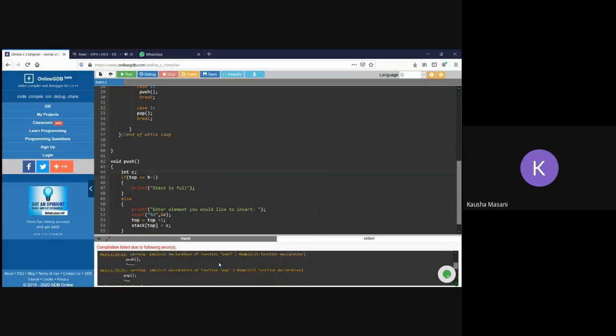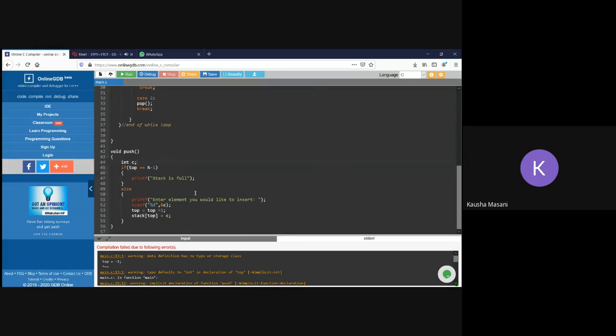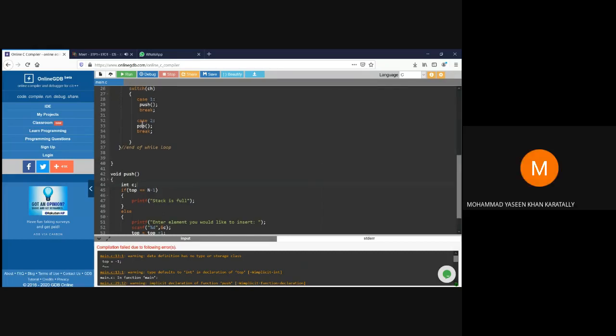Pop function is yet to be declared. So that's why it is giving you an error. See, have a look at my screen. Yes, I can. In the meantime, if I comment this like this, will it work? It has to.